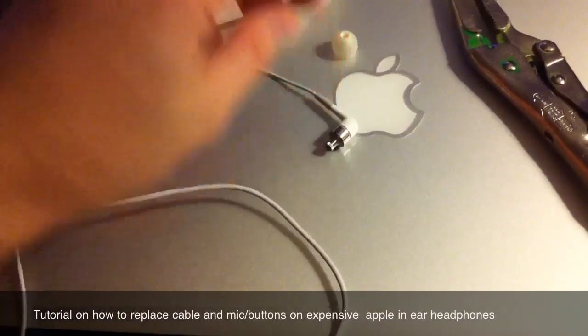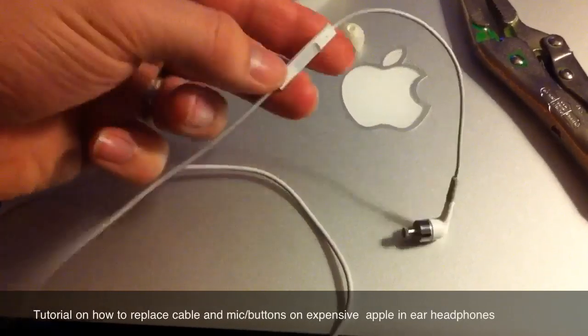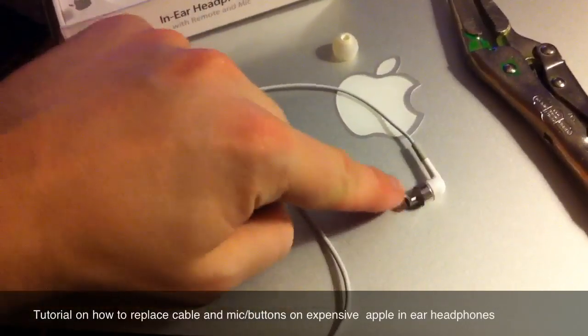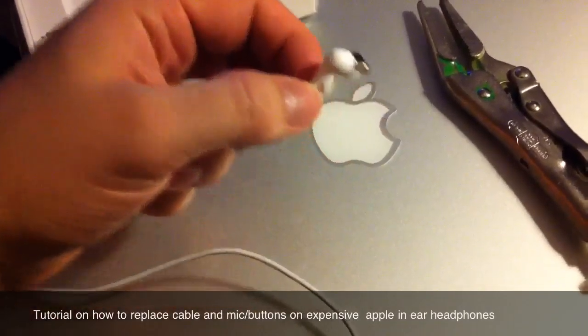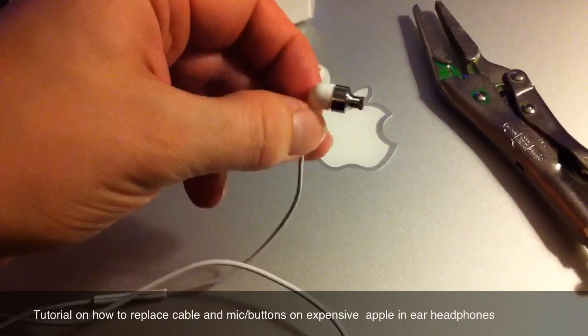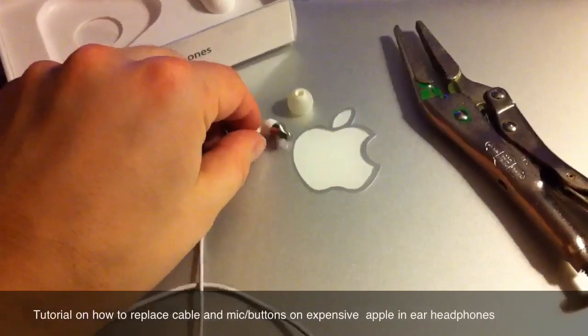So I can't make calls or anything with them, so I've got a brand new pair of the standard earphones which use the same wires and mic and everything, but this is the expensive bit that you pay for. So I looked into trying to take these apart, and I couldn't find anything on the internet on how to take these apart. As you can see, these have already been taken apart, but I'll show you how I did it,